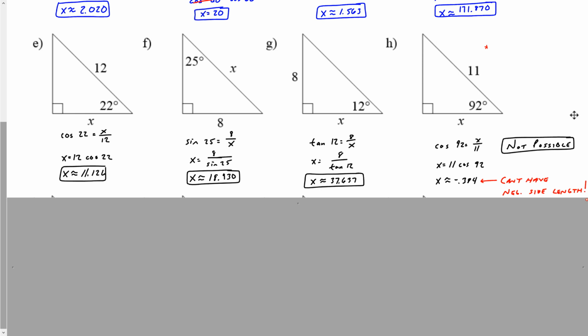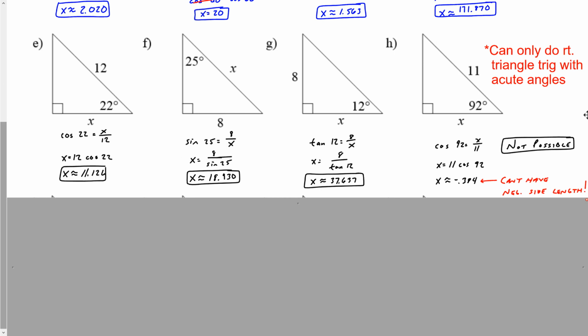And then for letter H, hopefully you used cosine and found that you would get negative 3.84, but we have to realize x is representing a side length, and we can't have negative side length, so this is not possible. So I would expect you to write not possible. And the reason it's not possible,